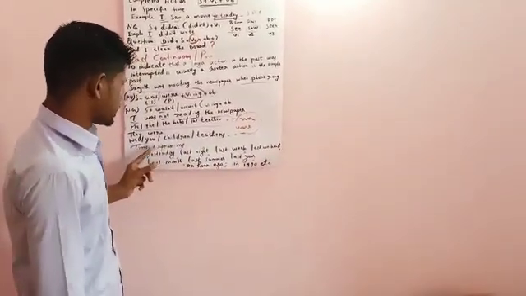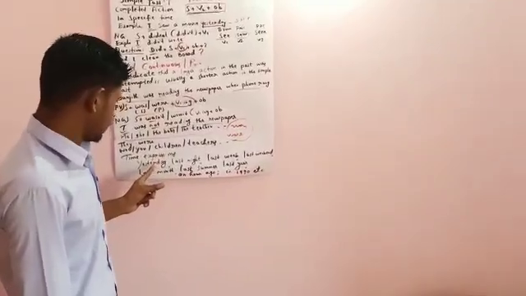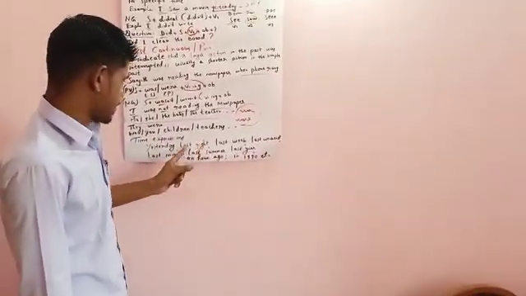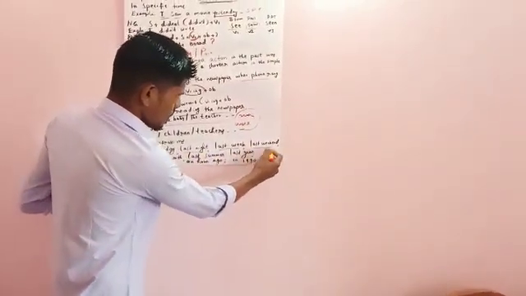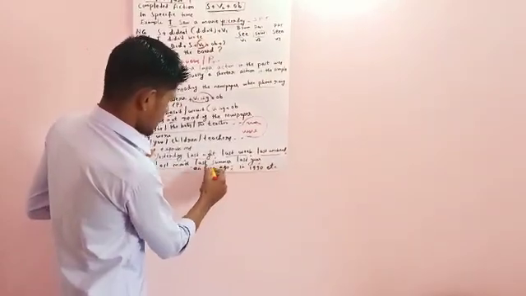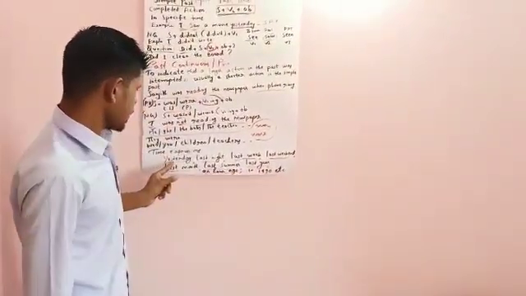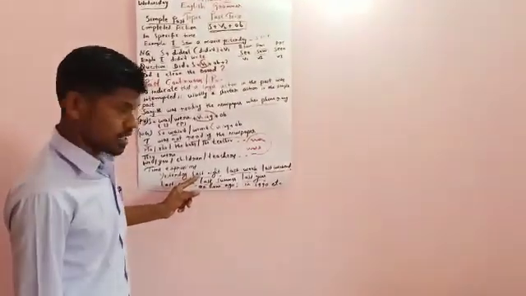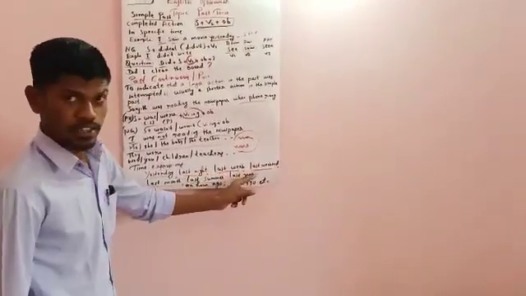Time expressions. When we can use this past continuous tense, the following words will indicate that it can be used for past continuous tense. For example, yesterday, last night, last week, last weekend, last month, last summer, last year, an hour ago. For example, I was seeing a movie yesterday, I was watching a movie last night, I was going to Bangalore last week, etc. that you can write.